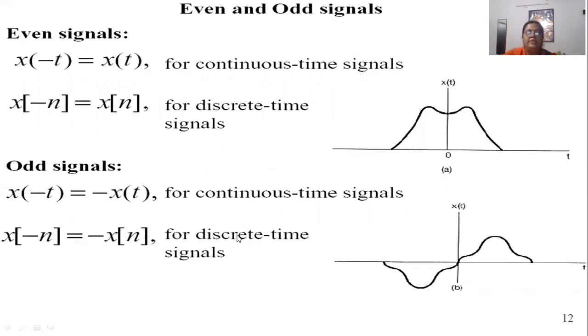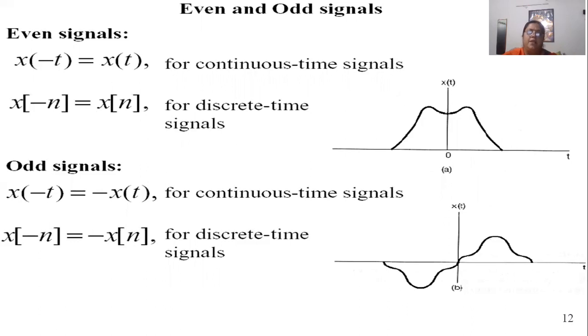Now, even and odd signals. If a signal has even symmetry, it means that x(-t) equals x(t), so it is even, and this can be applied to the discrete time signal as well. If x(-n) equals x(n), then we can say it is an even discrete time signal. For example, the cosine wave represents even symmetry, whereas the sine wave represents the